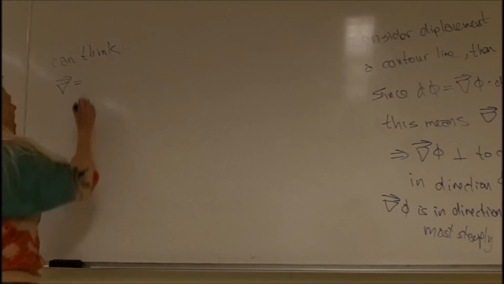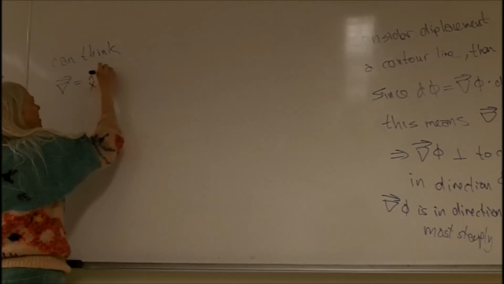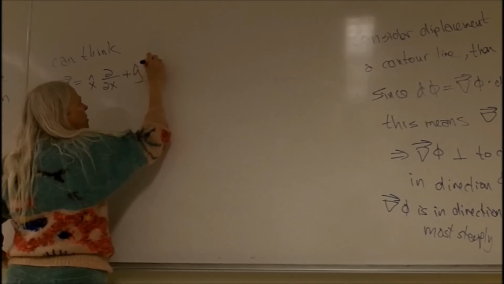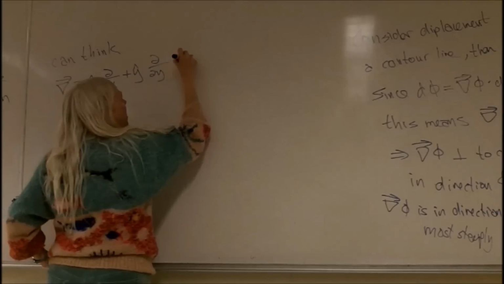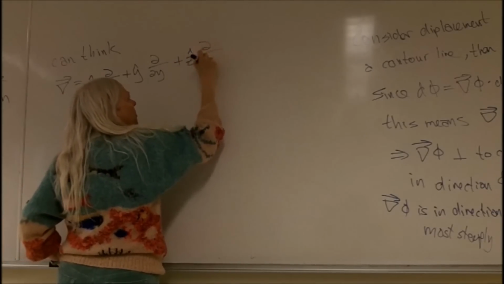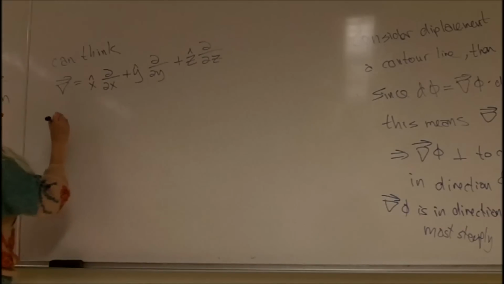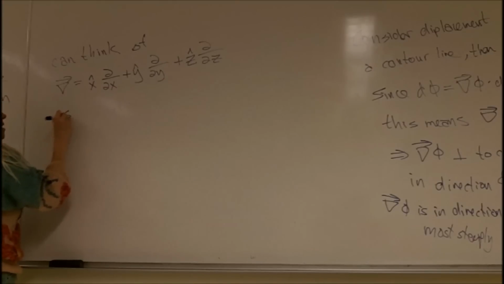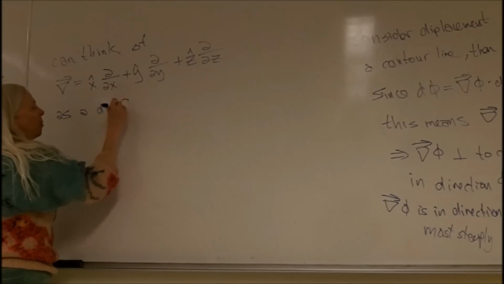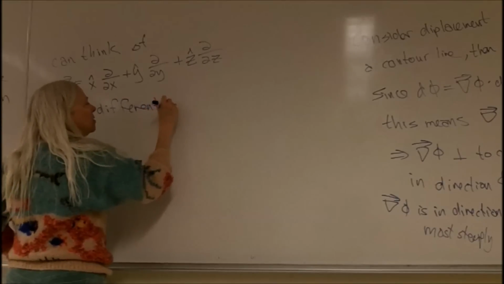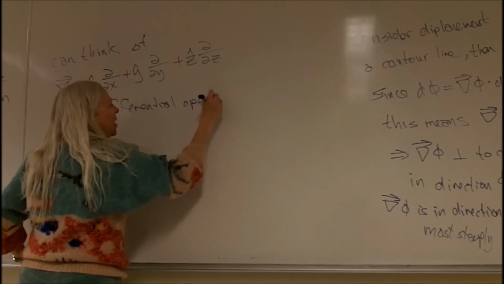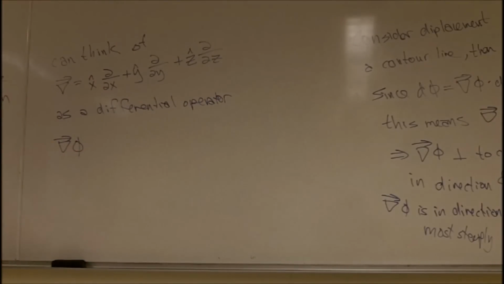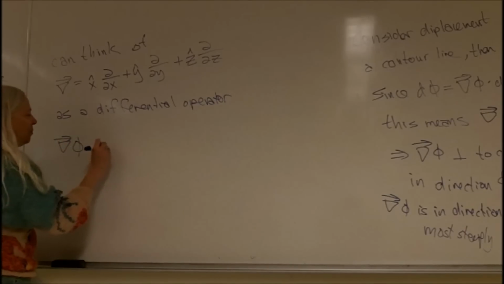You can think of this as x hat times a partial derivative with respect to x plus y hat times a partial derivative with respect to y plus z hat times a partial derivative with respect to z. Think of this as a so-called differential operator. It doesn't really mean anything by itself, but if I write something after it, like the phi, right, then it simply means that